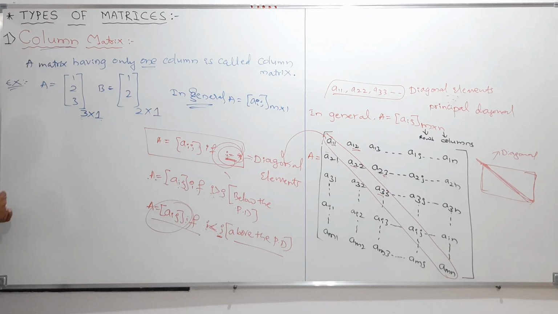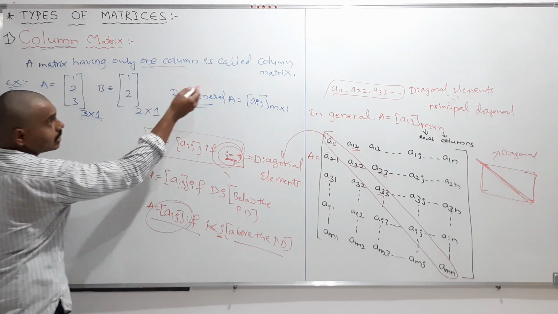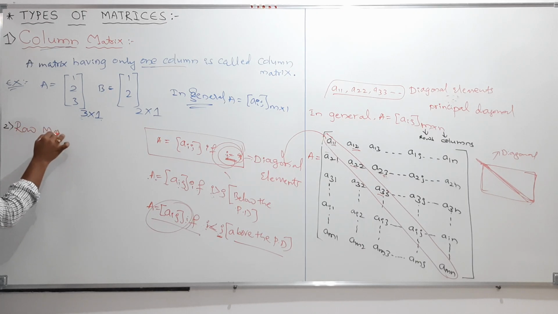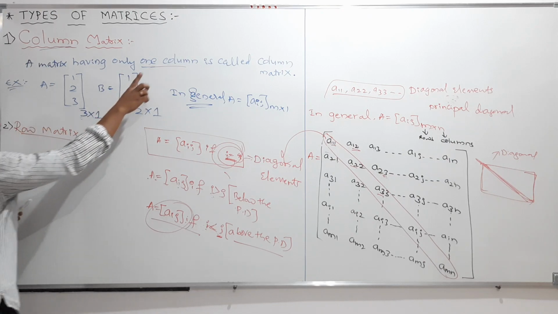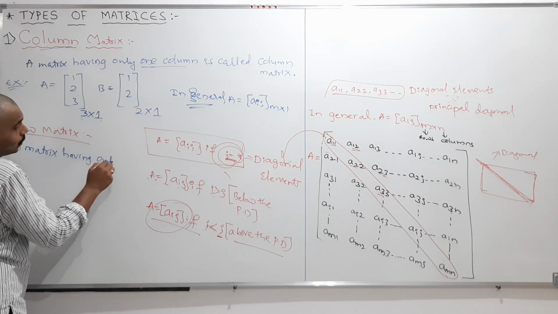And next, my dear students, I am going to discuss the second type, the row matrix. It is also simple. As we discussed the definition of column matrix, a matrix having only one column is called a column matrix. And row matrix means a matrix which has only one row is called a row matrix. Simple. So a matrix having only